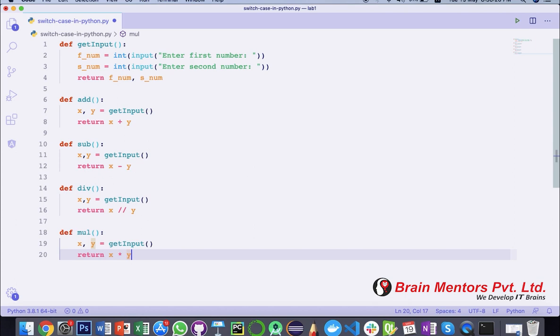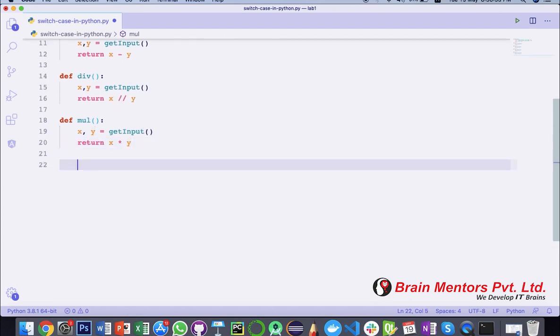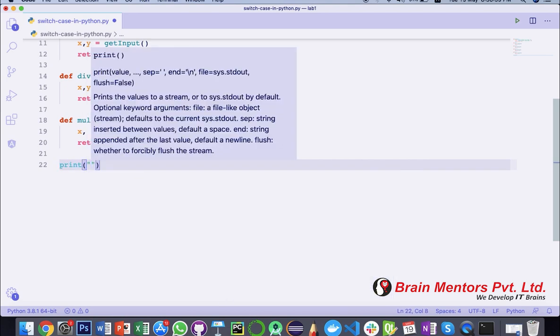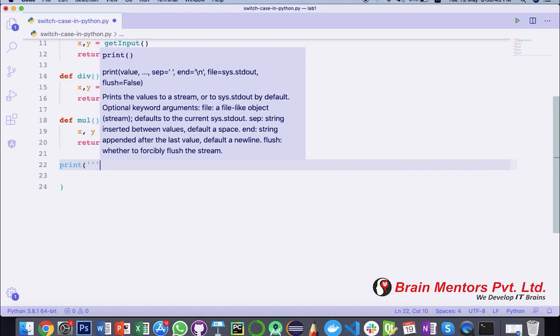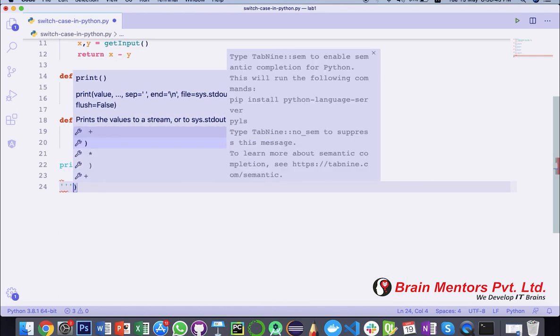Okay, now I want a menu to display something to the user, some particular program like 1 2 3 4, what you need to press for what particular operation. So I'm going to show that small menu to the user. For that we can use the print function, and in that we can use a multi-line string. So in the print function I can just use multi-line strings anytime to print out a menu like this.